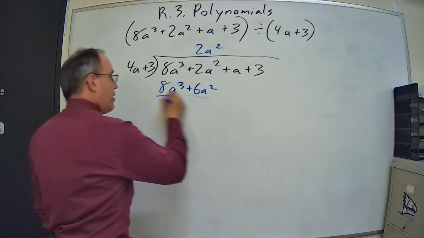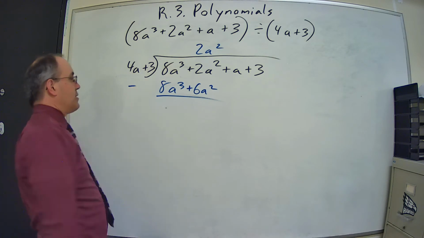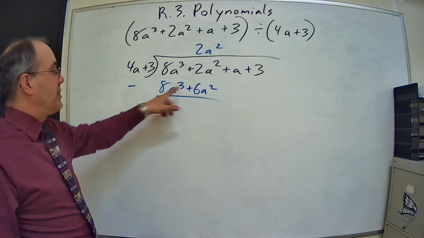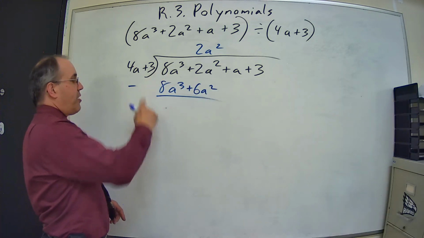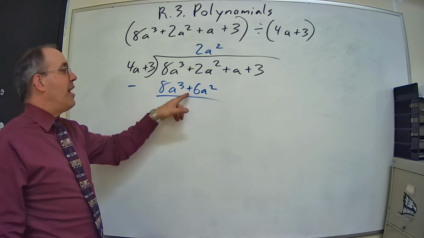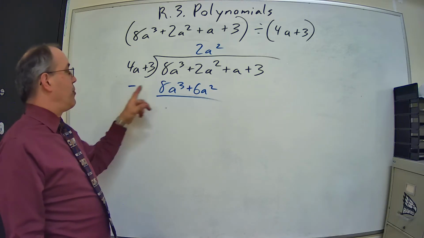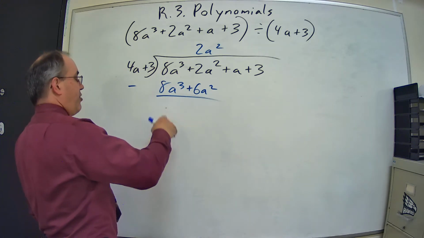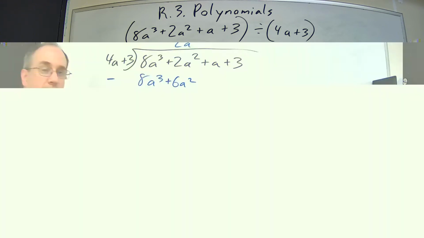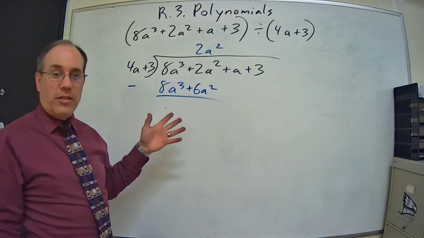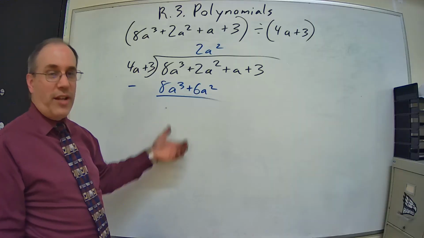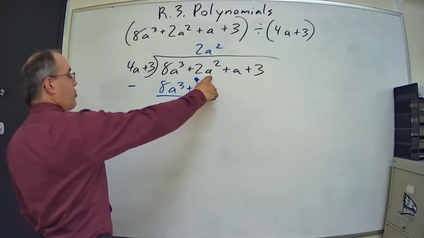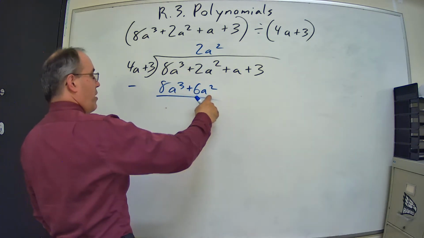So remember, the next step was to subtract. I put my subtraction out of the way because it helps me to remember I'm subtracting the whole thing. Sometimes people put it right there and they end up subtracting 8a cubed and then adding the 6a squared, whereas this is telling me I need to subtract each of those terms. So 8a cubed minus 8a cubed is 0, so I'm not going to put anything in there. Just like when I was subtracting for my long division, I didn't put a 0 in for the first part, I just put down the number that it subtracted out to. And then I have 2a squared minus 6a squared gives me